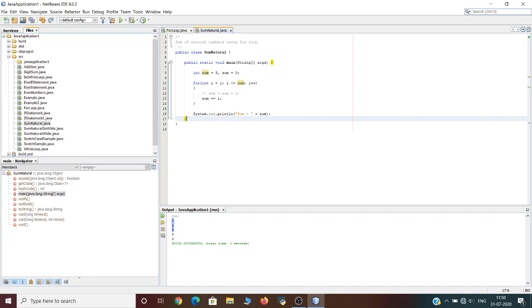Inside the block we have sum equal to sum plus I. The previous value of sum was 1 and the current value of I is 2, so it will be 1 plus 2, equal to 3. Similarly, it will start its third iteration, and the loop will continue as long as the value of I is less than or equal to num.